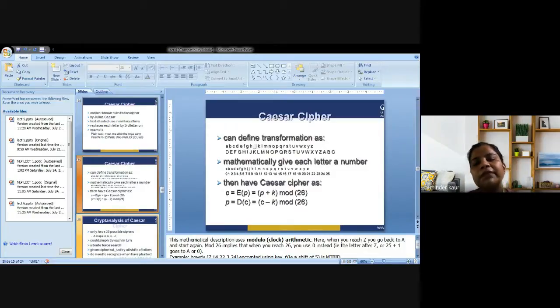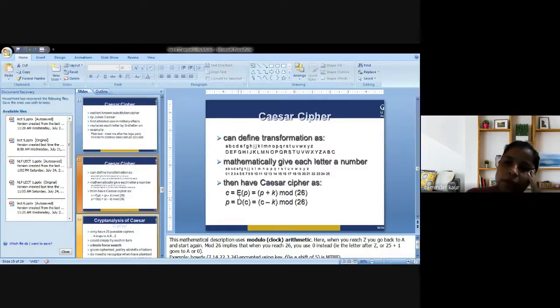The ciphertext formula shows how we deduce the cipher text. It is the encryption of the plain text, which is equal to P plus K. K means the key, and P means any plain text that could be used, plus the key, 3 shifts we are using, modulo 26. Why are we using modulo 26? Because there are 26 letters. So that is why we are using modulo 26 here.